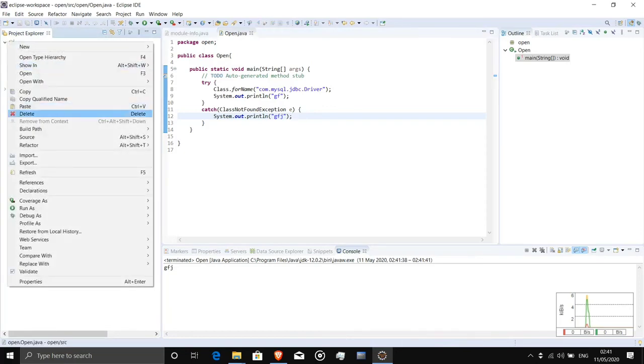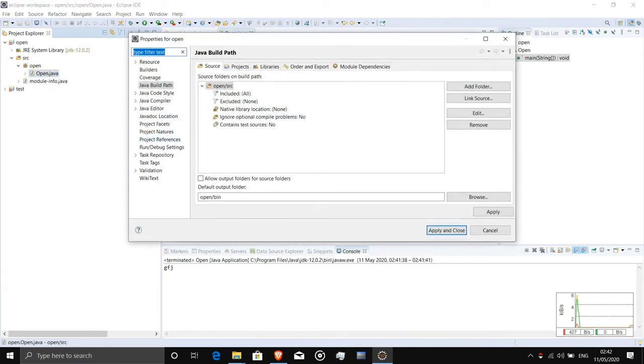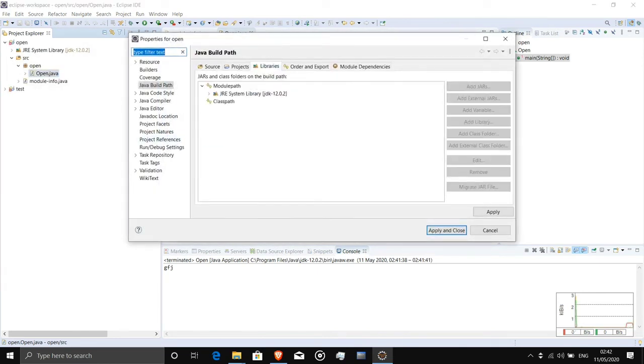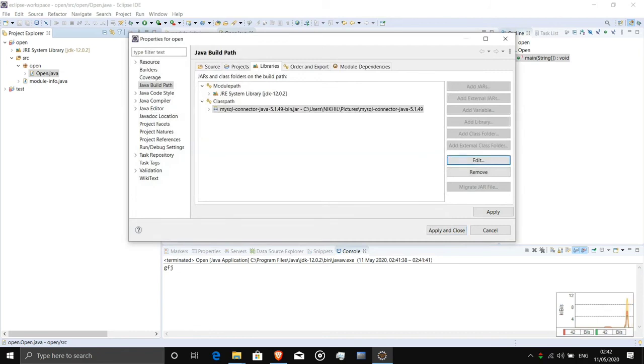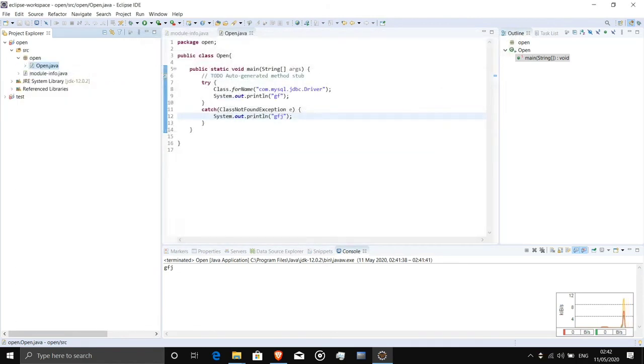So we will simply go to build path, configure, and then library, class path, add external JARs. We select where we stored the JAR file, as we saw, and then we just apply and close.